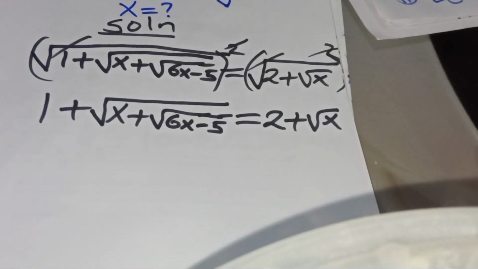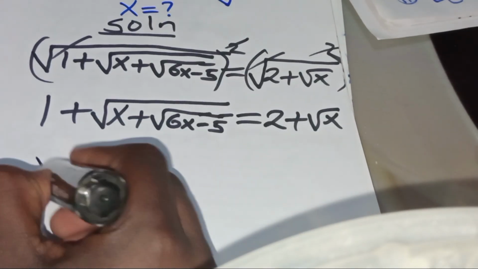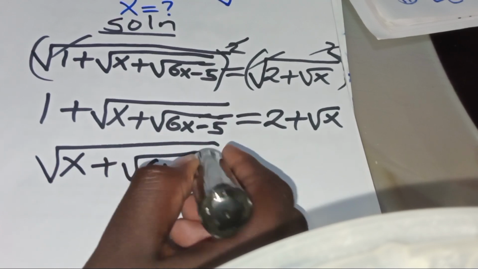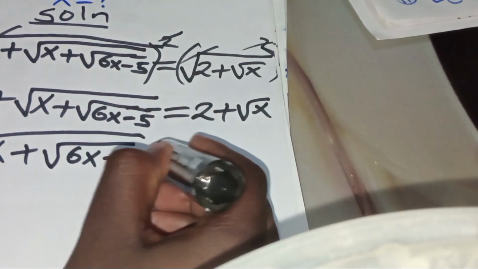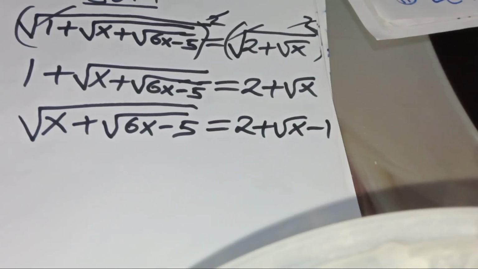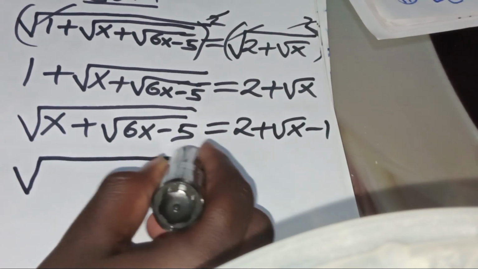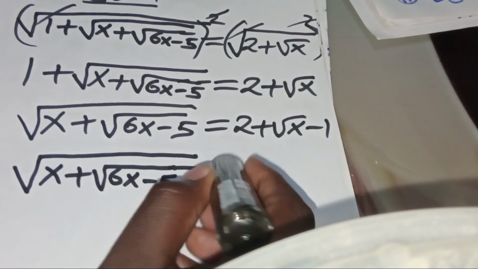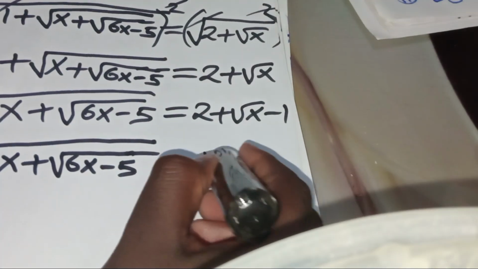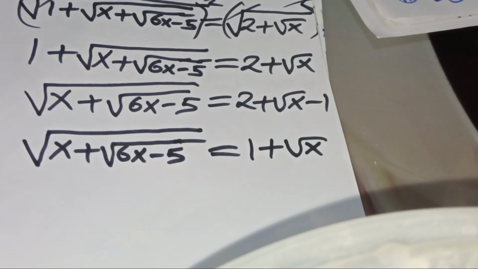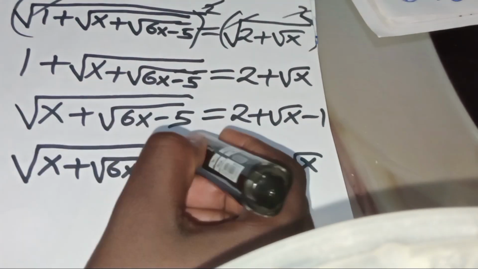Next phase here, we take 1 to the right hand side so that we have square root of x plus square root of 6x subtract 5 equal to 2 plus square root of x subtract 1. So that now we'll have square root of x plus square root of 6x subtract 5 equal to 1 plus square root of x. Now the next phase here, we have to square both sides. Squaring both sides here,